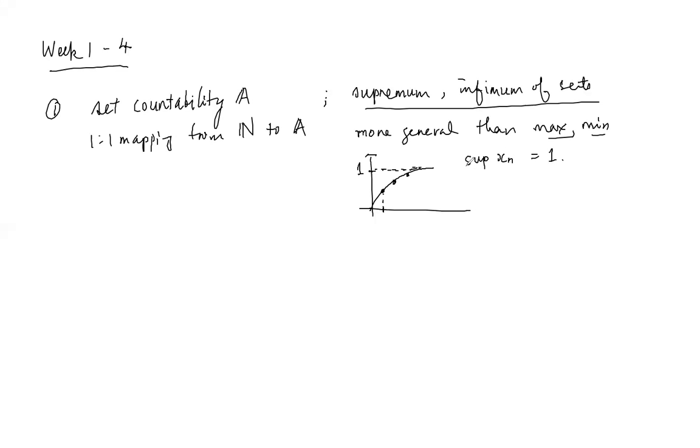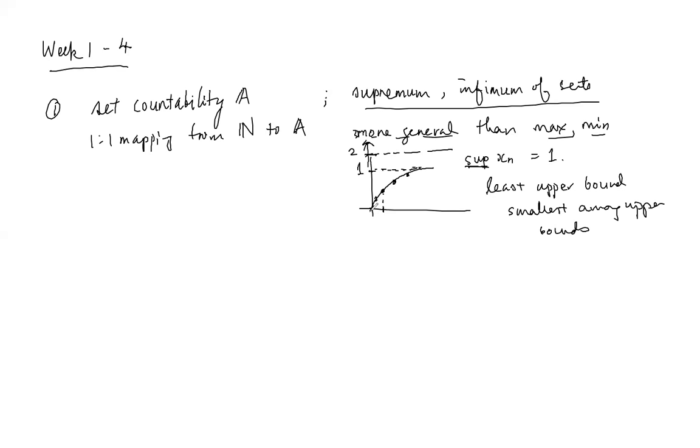The concept of supremum is also related to the idea of bounds, right? Upper bounds. Of course, for this sequence of numbers, it will be lower than 2, it will be lower than 3, right? There are many bounds. But your supremum is the least upper bound, the smallest among the upper bounds. So this will be your supremum.